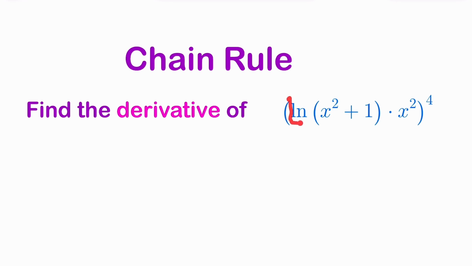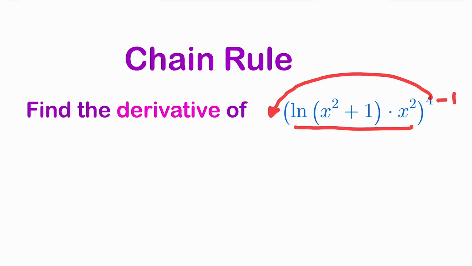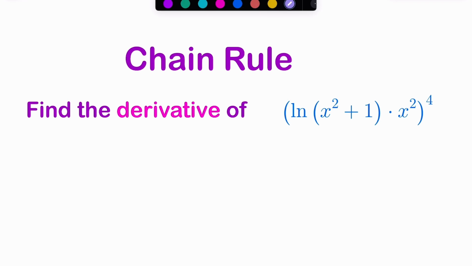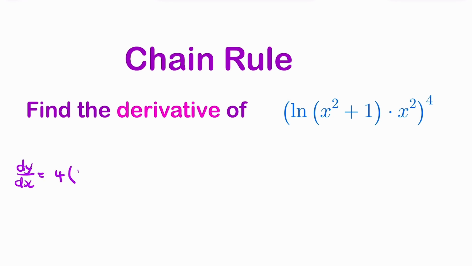So if you first look at all of this and just treat that as u, then what you have is u to the power 4. And the derivative of u to the power 4 is 4u to the power 3. So the first thing you do is you bring down the 4, you multiply by 4, leave this unchanged, and then subtract 1 from the power. So that's step 1, but it's going to be a long chain, so I'm going to start from the left and write small. So dy by dx equals 4 times unchanged, everything between the brackets,